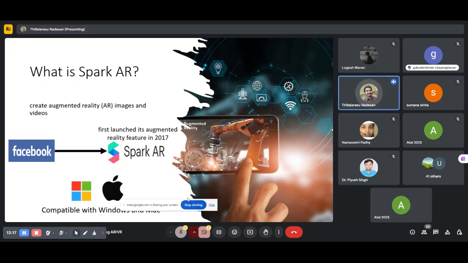The Spark AR tools are used in Instagram also, and Meta, formerly known as Facebook. Now we are talking about Meta; earlier it was Facebook. So you can create your own AR effect. It also allows users to use 3D objects from the libraries, or interact with our own 3D objects and sound. All this is possible with this Spark AR tool.